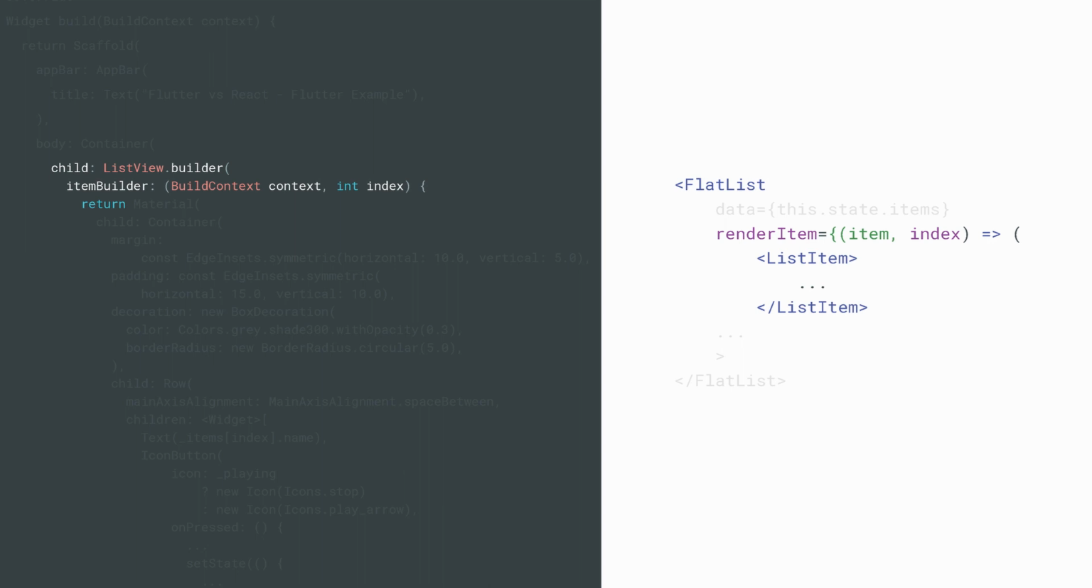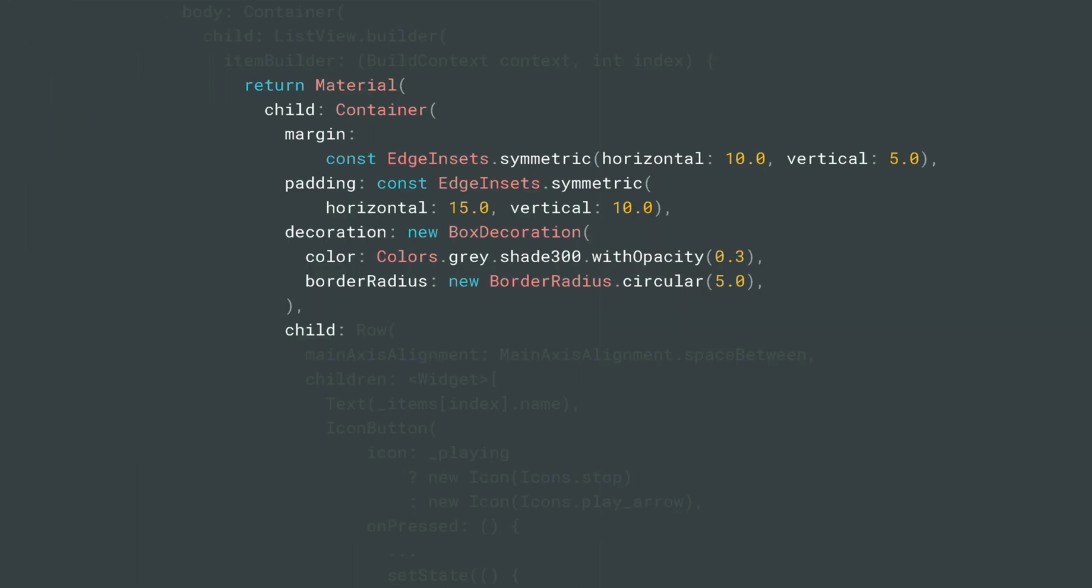And we have an item builder that basically is the same of our render item in JavaScript. Inside the render item, we define how our row should look like. So in this case, we have, again, a container with some margin and padding. And as you can see here, I wrapped